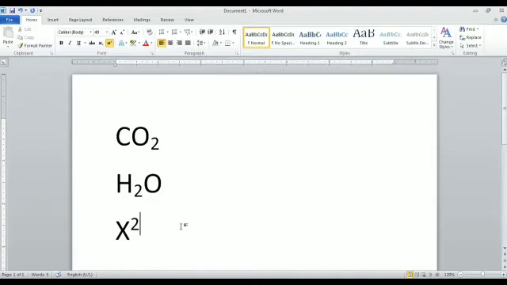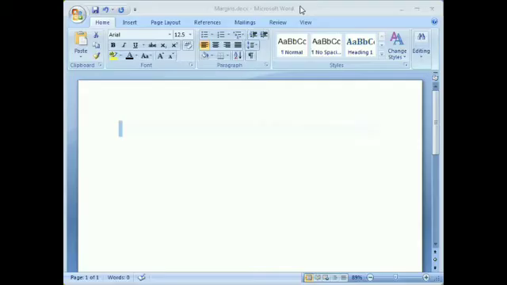To apply this formatting, we need to follow some steps. So the steps are as follows. First, click and select your text, however much you want to select. Then click on the Home tab. After clicking on the Home tab, you get all the options of the Home tab. The last option is in the Font group: click on subscript or superscript, whichever you want to apply on your text. So these are the options for subscript and superscript.